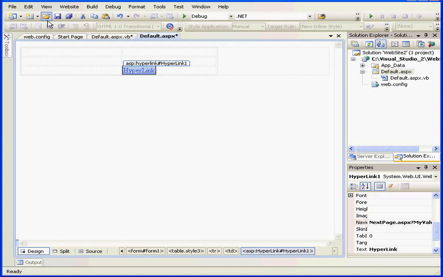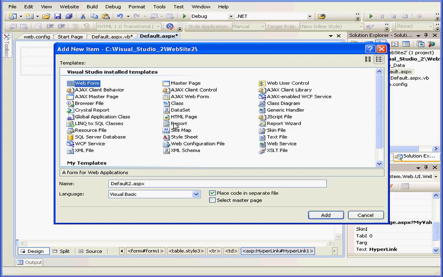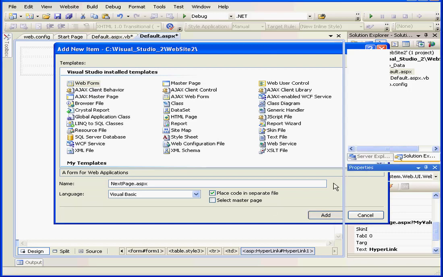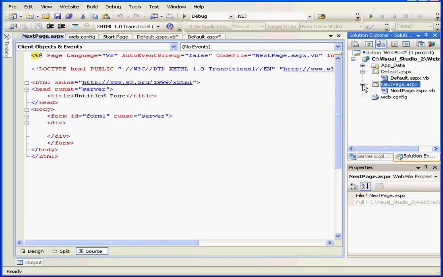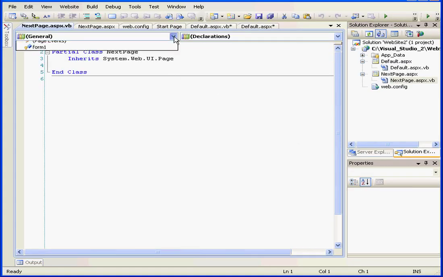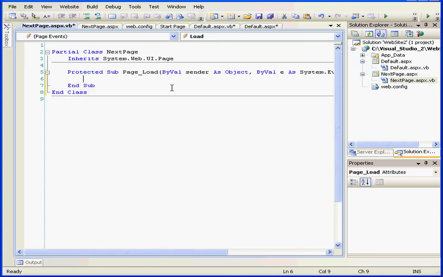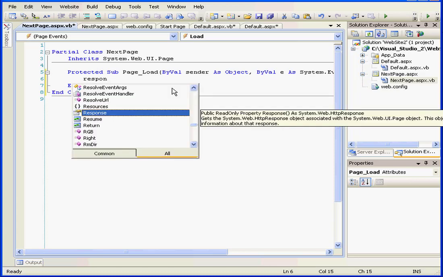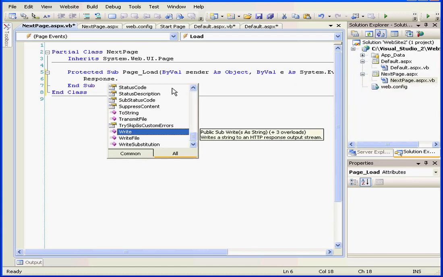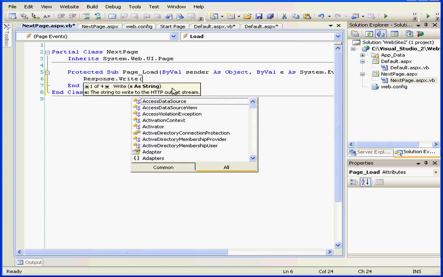Now we need to create a second page. Add new item. Let's rename our new page nextpage.aspx. Leave the Place Code in Separate File option checked and click Add. Now let's go to Code View and use the Page Load event procedure. Page Events, Load. Let's type some code. Response.Write,